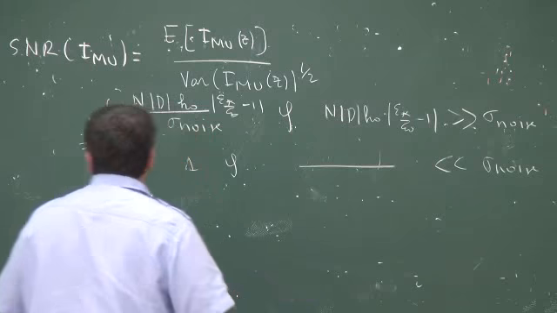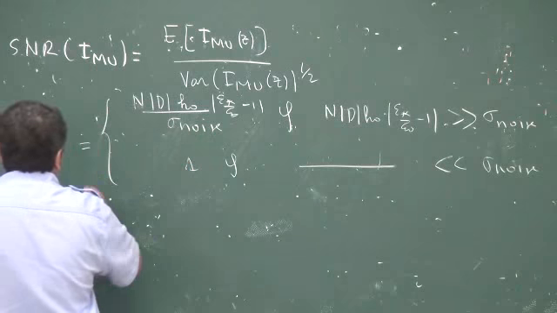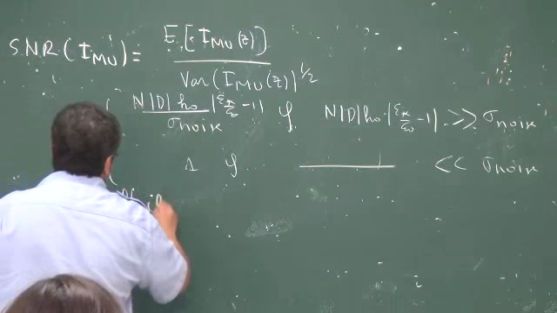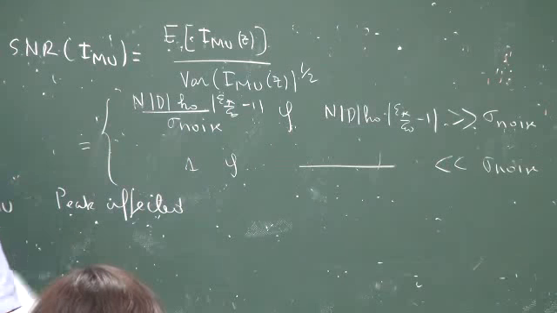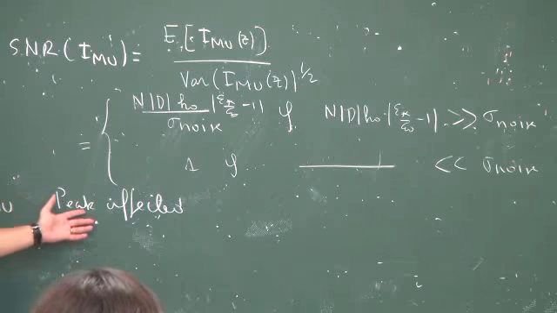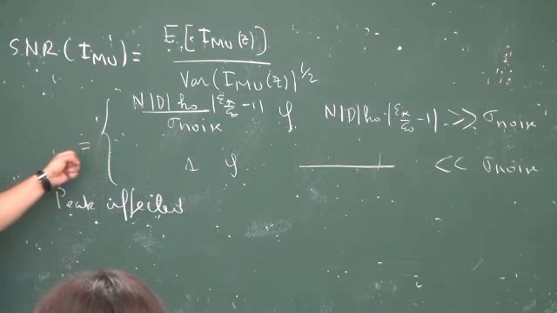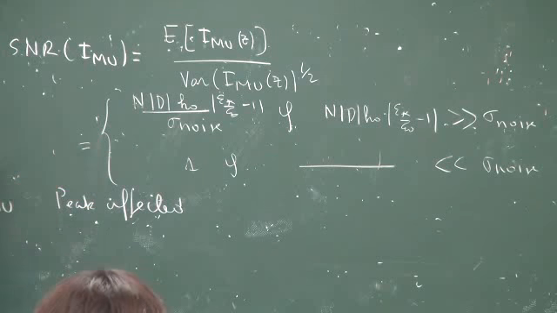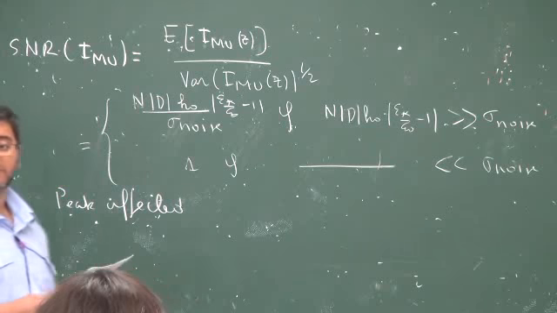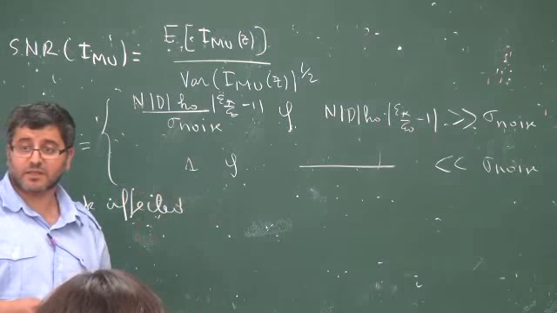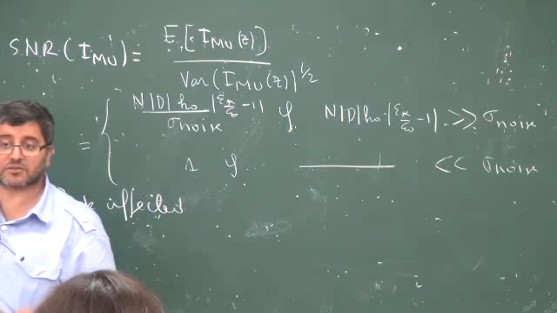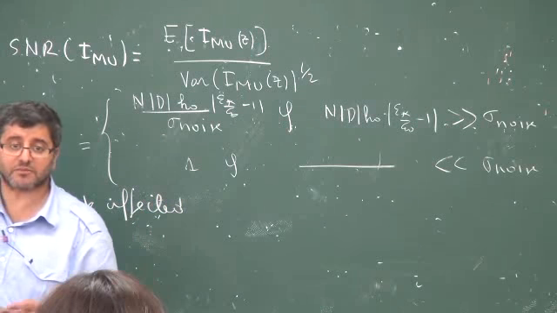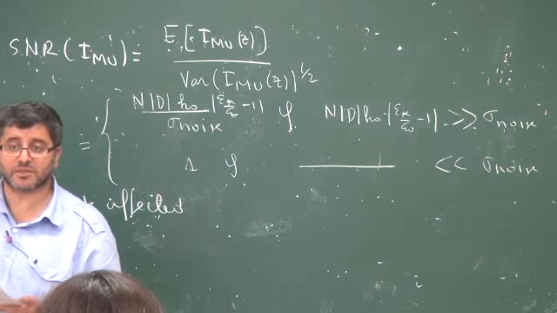So here the peak of MUSIC is affected, because the reconstructed location is the argument of the max, and it's affected by noise more seriously than the other one. And actually we can estimate which algorithm is the best in this sense. And the best is either this one or reverse time migration. Reverse time migration is the best.